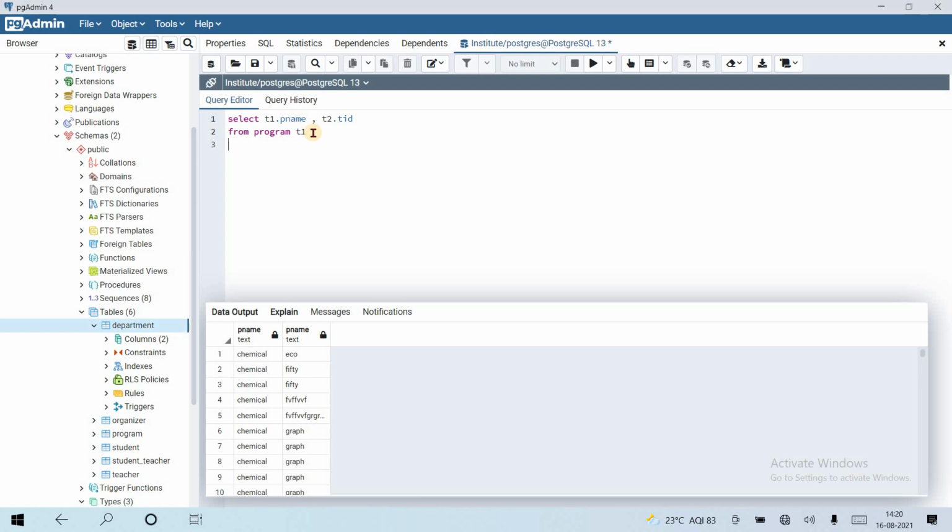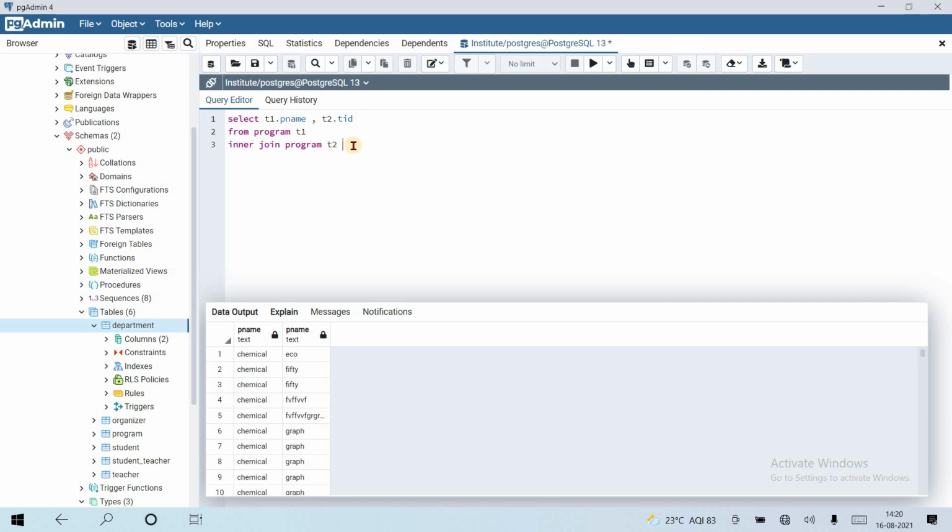Now inner join or join program. The program has both columns, so we are using a self join here. T1 program, the first alias is T1, and program, the second alias is T2, and TID and PName, both columns are available in this.